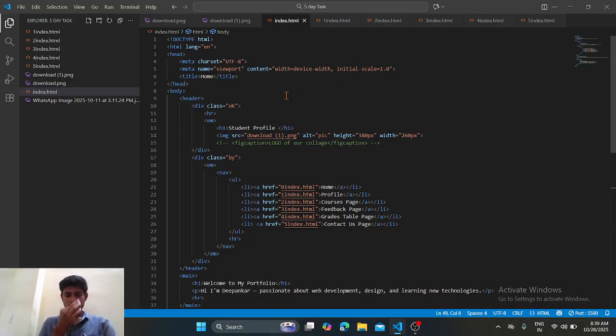When my VS Code is opened on any computer, phone, mobile, or electronic device, the input is automatically set. And this is the title. When I go to my Chrome browser, connected with the browser, in the document the title shows, this is the home. This head section is closed, and then the body.